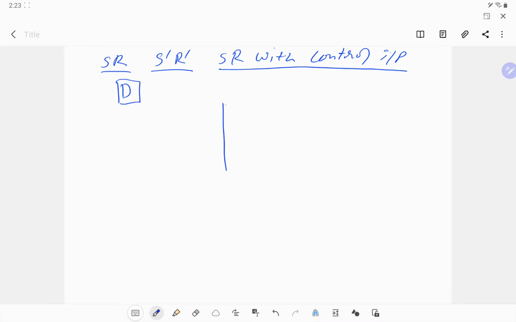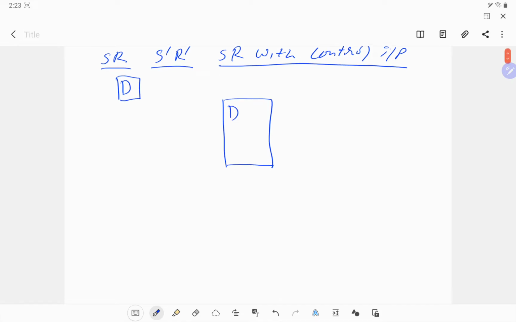The symbol of a D latch is that D for data, and that's the control input. We have Q, we have Q prime. Now the primary objective of the control input is that by using this flag, we want to control the entire device. So when C equals 0,